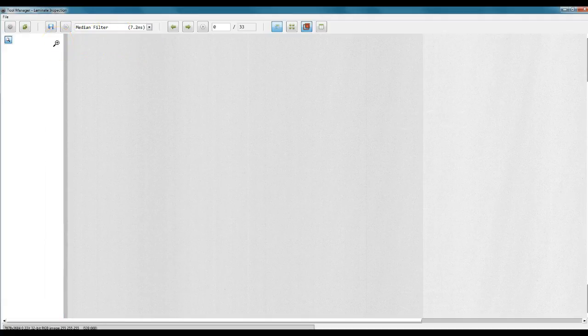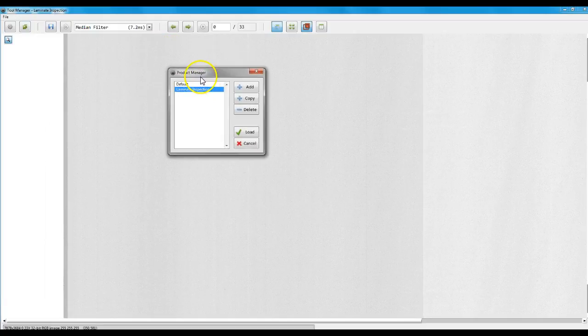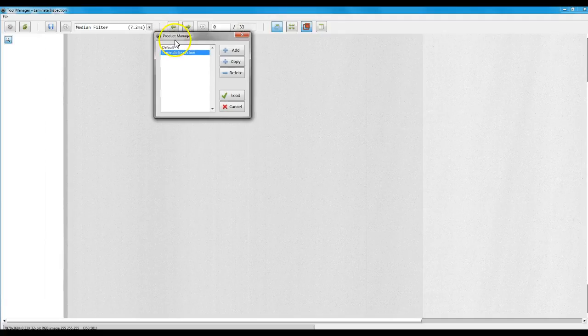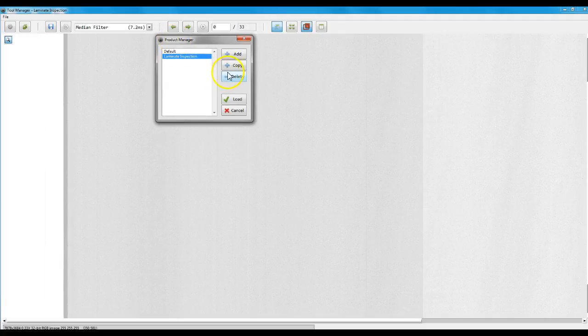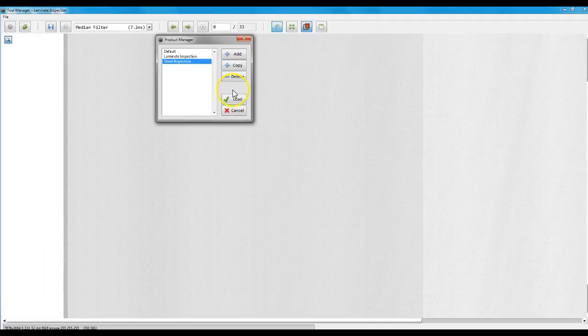So if I want to add a new recipe to this directory, I can hit this button, and if I want to make a recipe that's similar to the laminate inspection, but with an extra tool or with different parameters in each tool, I can hit the copy here. So I can say, maybe if I want to do a sheet inspection, I can enter sheet inspection in here, hit OK. I can load up this recipe,